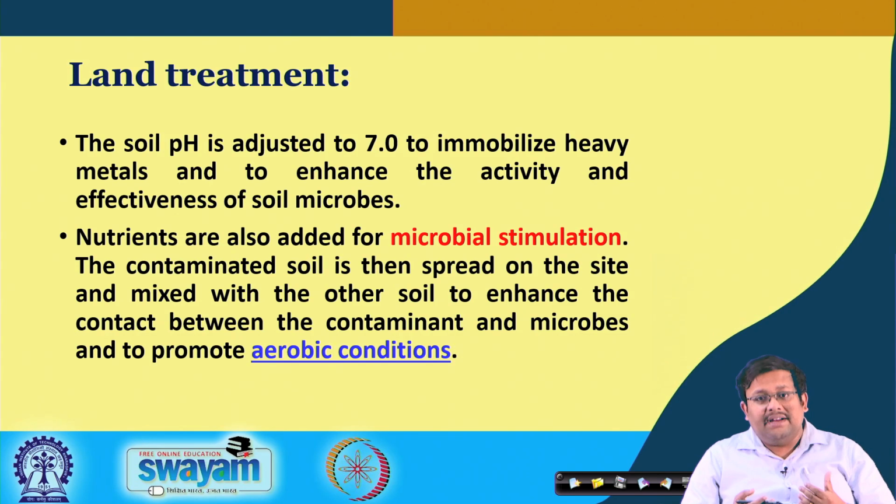So, to activate these microbial flora and fauna, it is necessary to produce a conducive environment, and the conducive environment for most of the bacterial species is near neutral pH. So, that is why we generally try to maintain the soil pH near about 7 to maintain their activity, so that they will be able to degrade the organic as well as some of the inorganic contaminants.